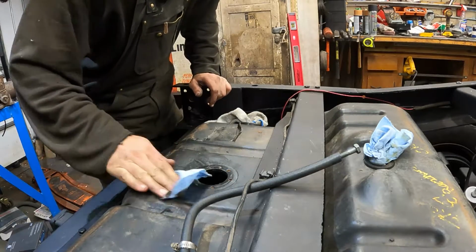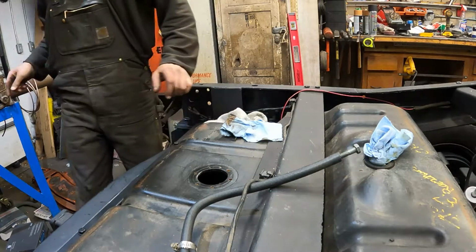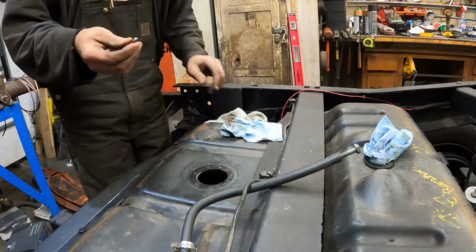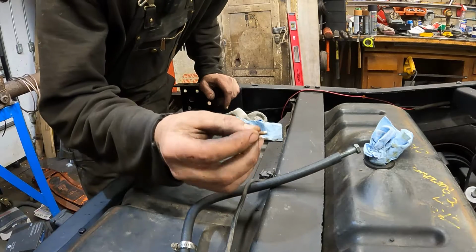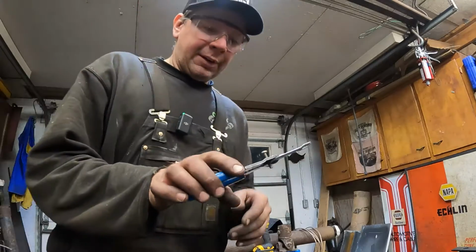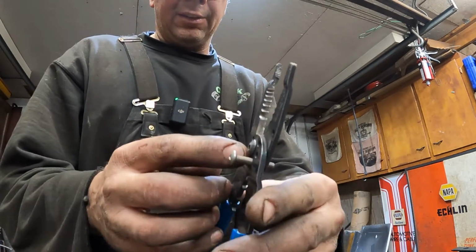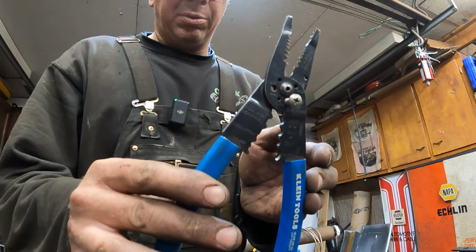we can go and get our new sending unit. Actually, let me take these screws. I got stainless steel hardware. Maybe I can find some stainless steel screws like this. Let me do that real fast. Okay, I found some screws. They're 10-32s. I got some stainless ones, and they're too long, but if you got a set of these pliers,